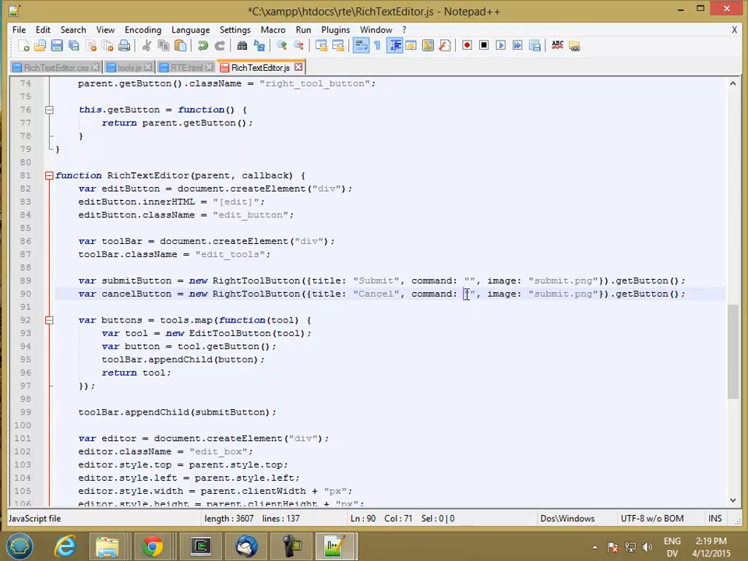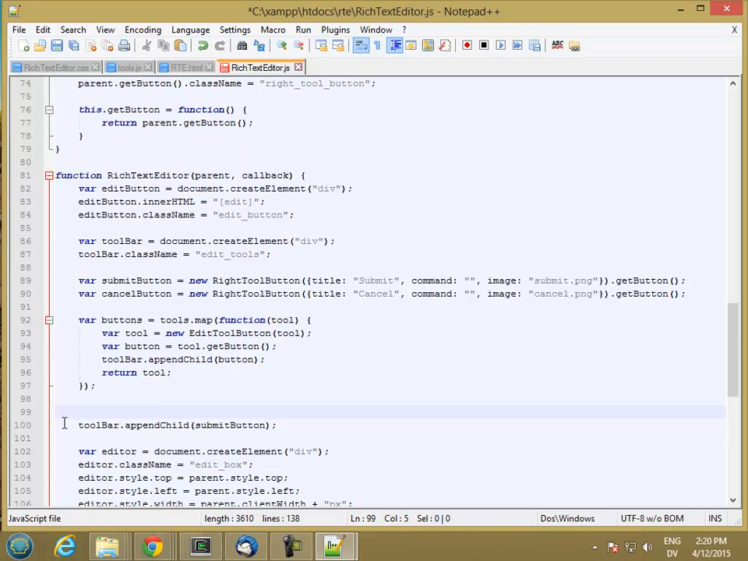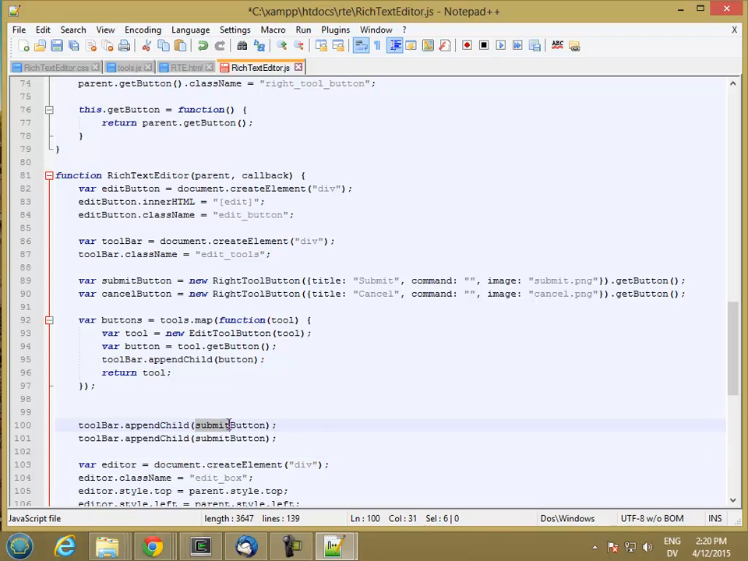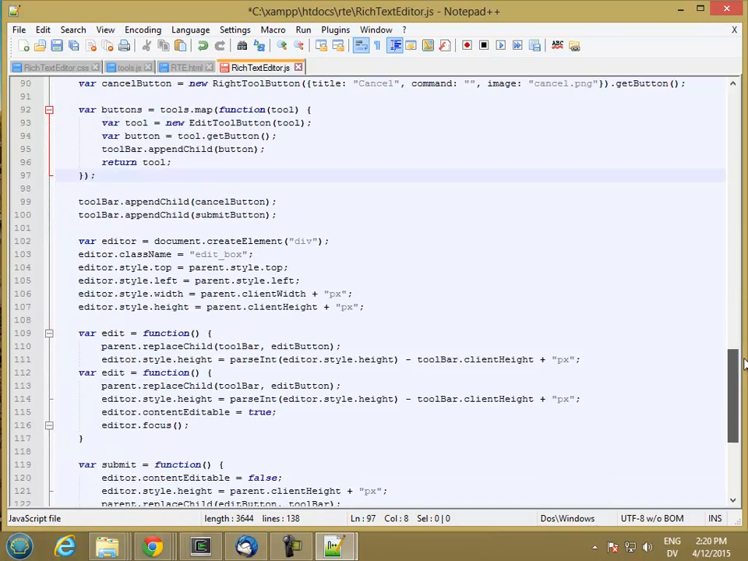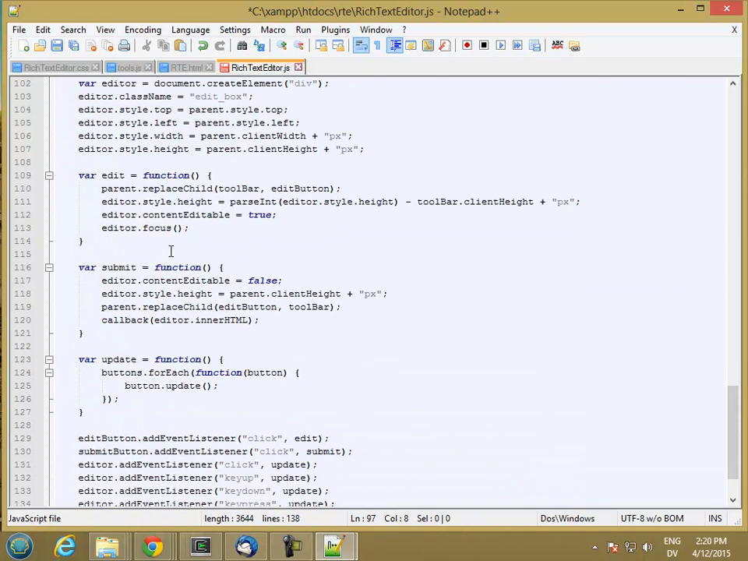But you'll notice I use double quote here for the command. So the command is not undefined, it's just empty. And that's why we still can hover over the button. And then we use the cancel ping. And then we'll add that to our toolbar right before we add the submit button. And then we'll create a cancel function, so submit